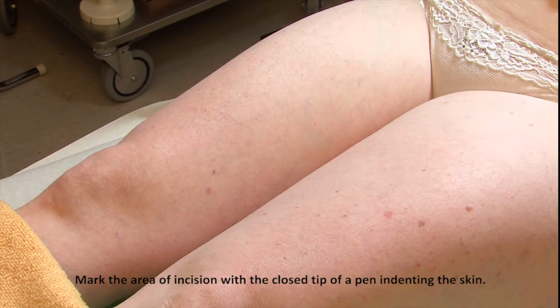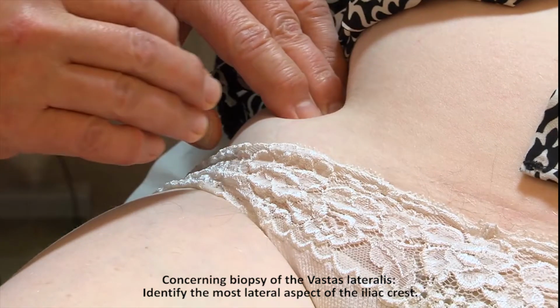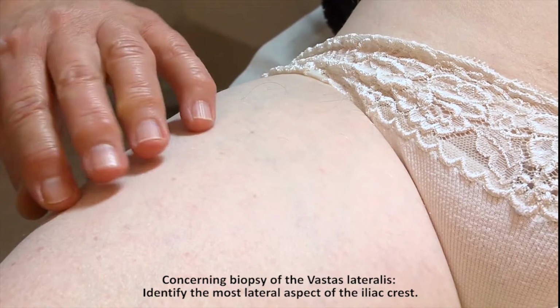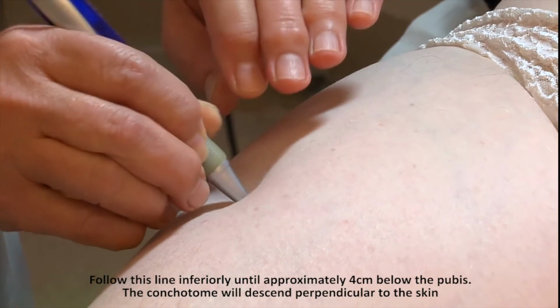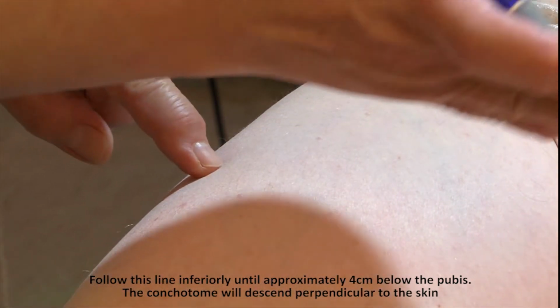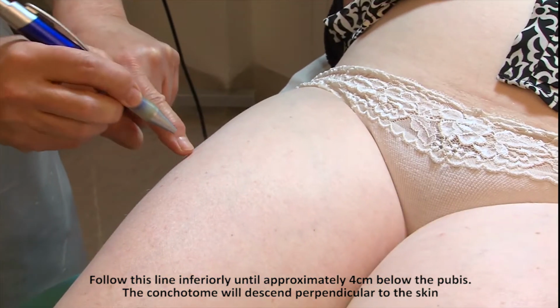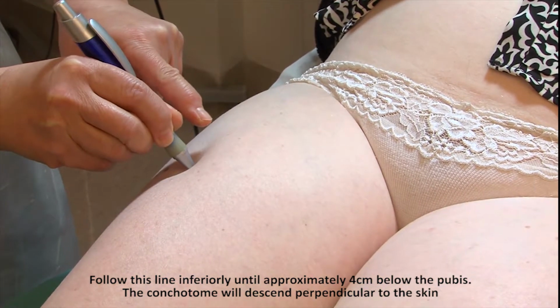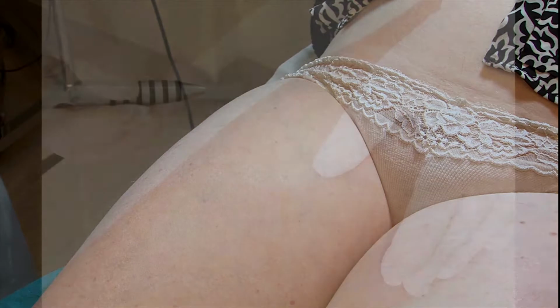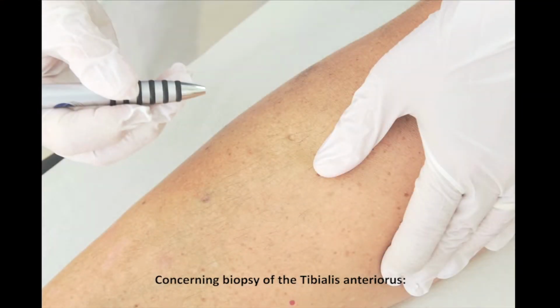Mark the area of incision with the closed tip of a pen, indenting the skin. Concerning vastus lateralis biopsy, identify the most lateral aspect of the iliac crest. Follow this line inferiorly until approximately 4 cm below the pubis. The conchotome will descend perpendicular to the skin. Concerning biopsy from tibialis anterior,